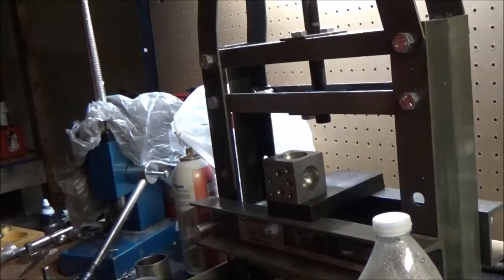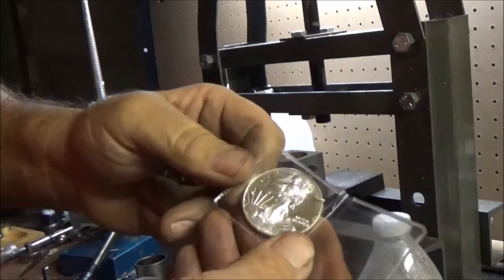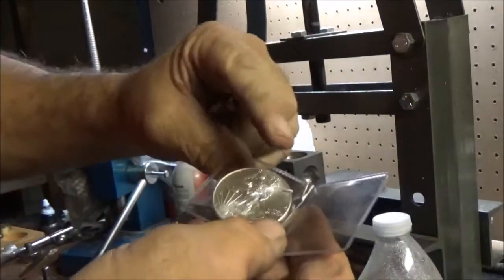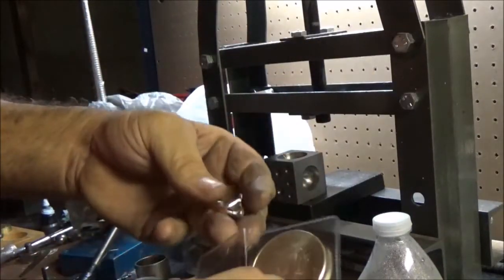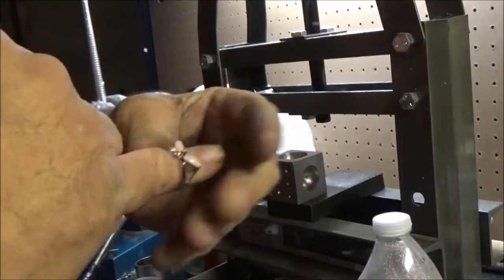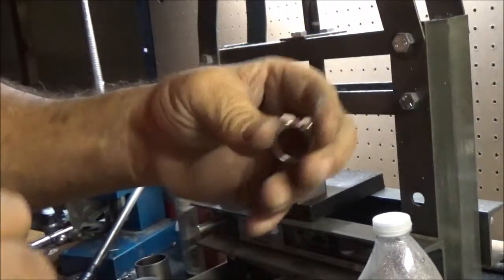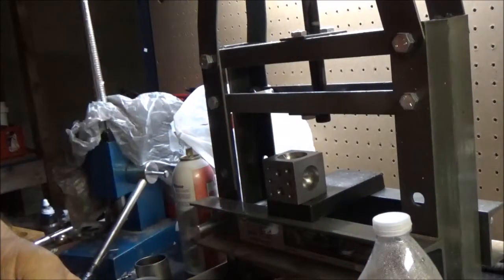We're also doing another ring for him for his wife, Lynn. We're going to do an American Silver Eagle. I think she wants the eagle out. I'm going to have to check to make sure. But this is an 8 3/4 ring, and she wants it to fit close to that, so we're going to make it a 9. So I'm going to work on Lyle's ring, finish it off, and then we'll do this other ring tomorrow,